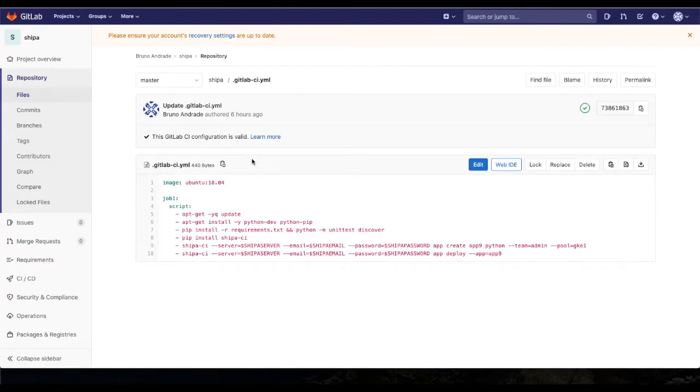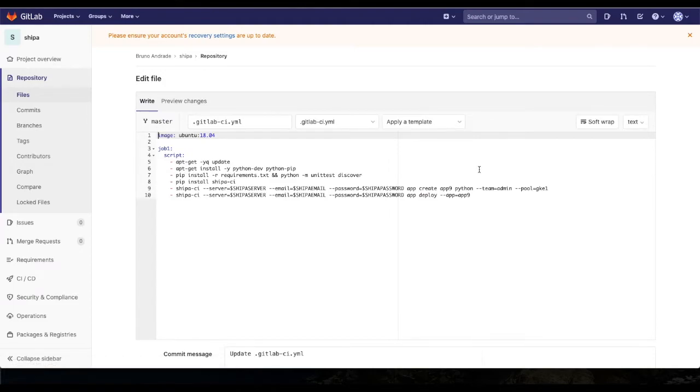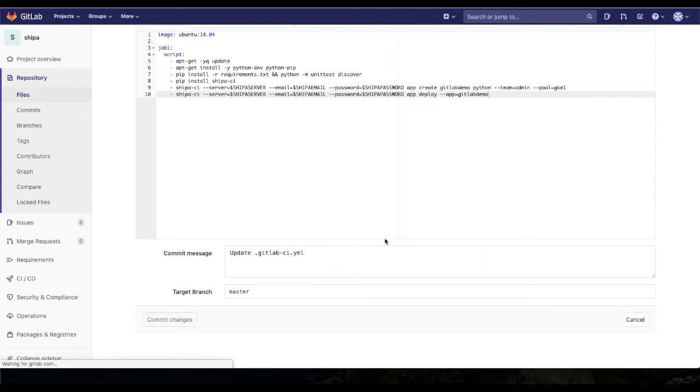Into the GitLab CI. Let's edit this file directly. So for the sake of simplicity in this demo video, we can just do it directly here. Let's call the application GitLab demo. And it's going to be a Python application because it's Python code that I have here. And once the application is created, I want it to deploy my application to GitLab demo, which is the app we created right here. As soon as I commit my changes